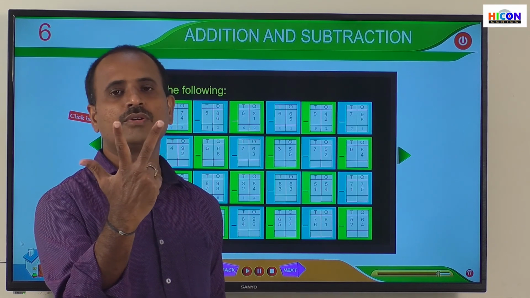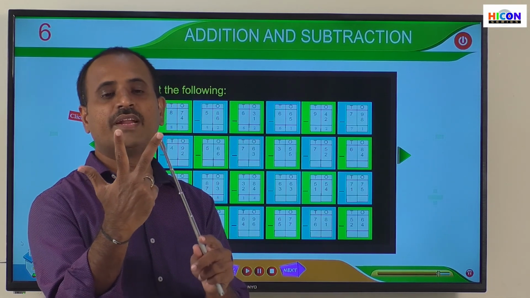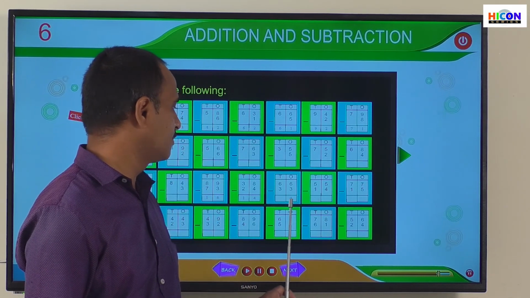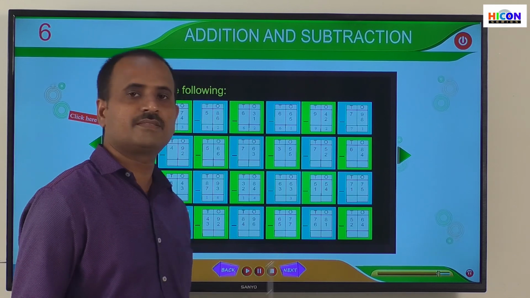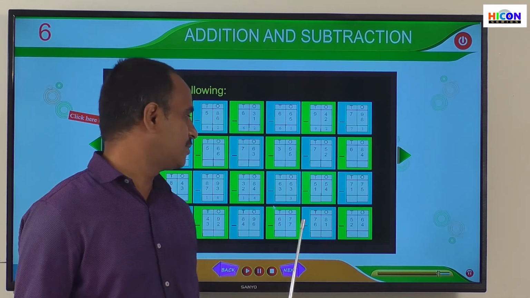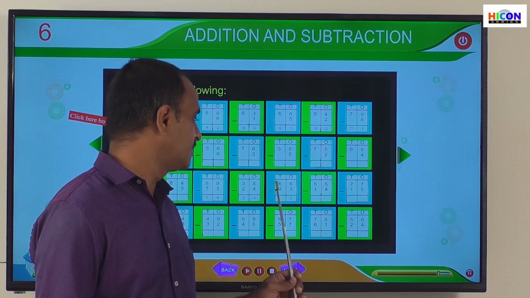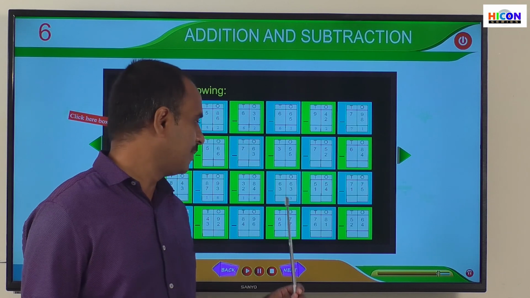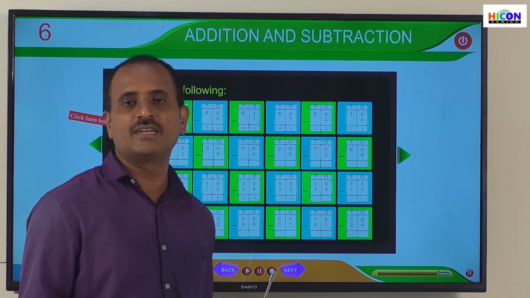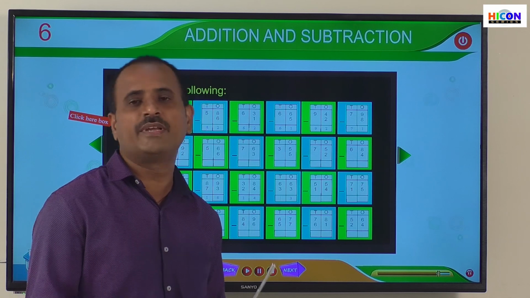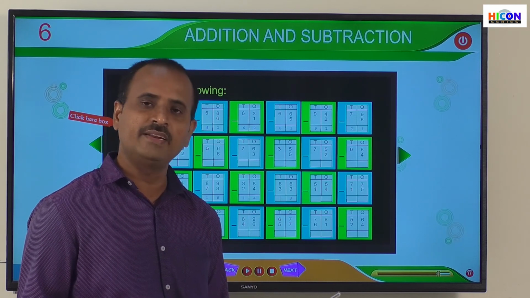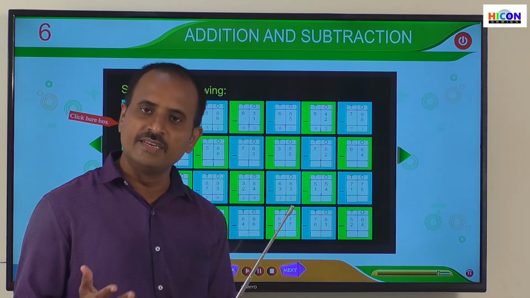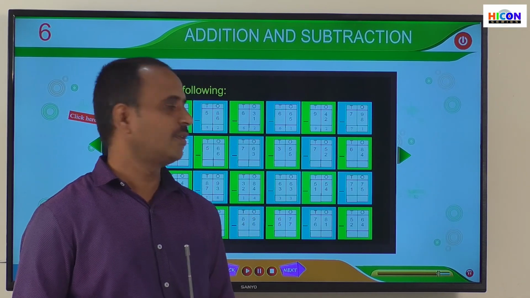So children, I have closed 3 fingers. How many fingers are there remaining? 1, 2 and 3. So write 3 under ones place. So next go to tens place. So subtract the digits present in the tens place. What are the digits here? 6 and 3. That is 6 minus 3. 6 minus 3 means open 6 fingers and close 3 fingers. And again, how many fingers there will be remaining? There will be remaining again 3 fingers. So write 3 under tens place. So answer is 33. Go to the next problem.